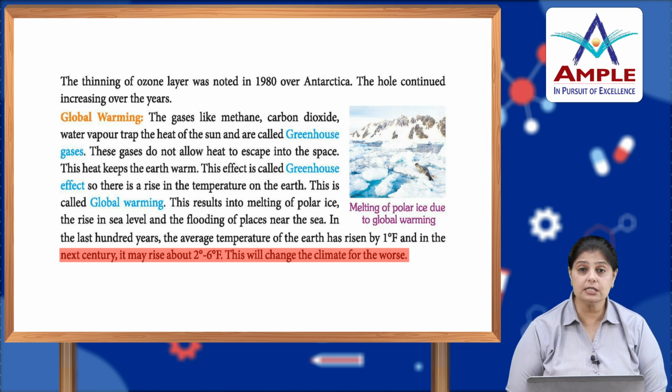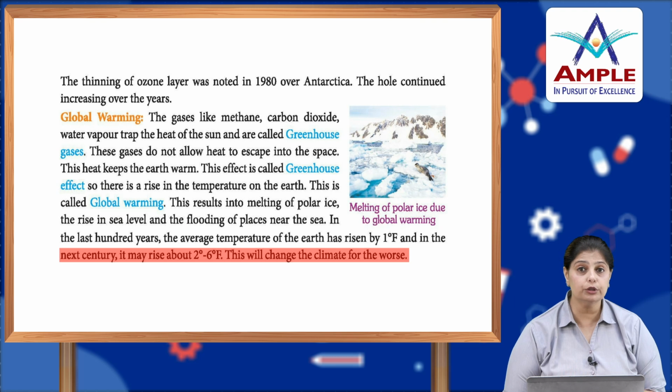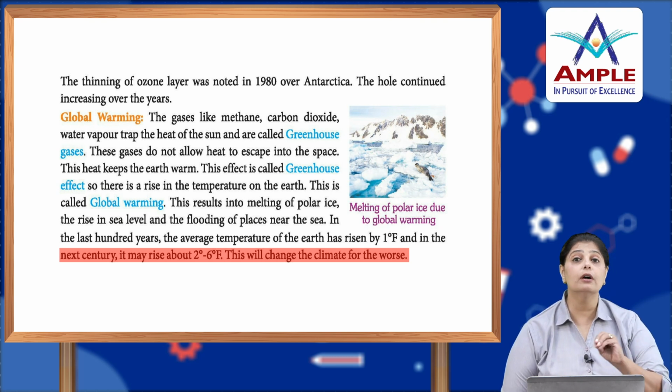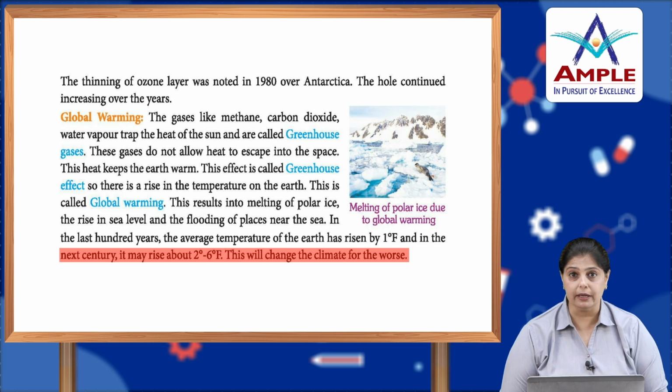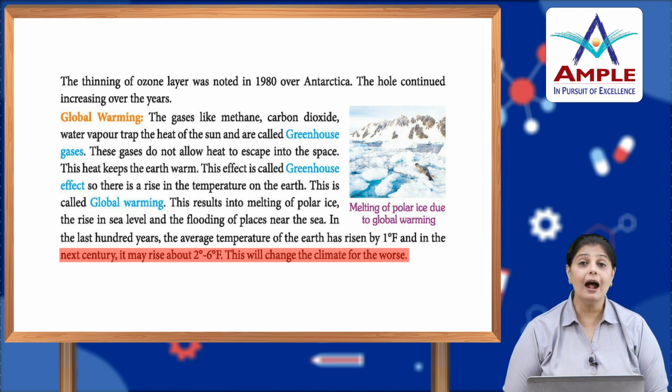In certain places, the winters have also become shorter. In areas which had a good winter for 3 months, now they hardly see winter for a month or two. That is also one of the reasons why, because of global warming, these climatic changes are happening, and it's worsening day by day and year after year.